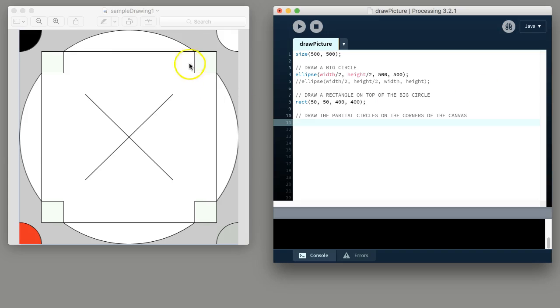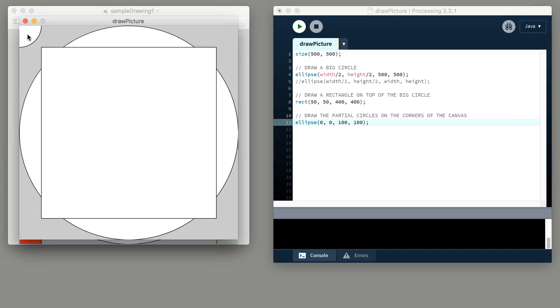Let's start with the one in the top left corner, and we use the syntax ellipse. And what do you think we start with? Yep, 0 and 0 and 100 and 100. If you run it, we have one ellipse on the top corner of the canvas,